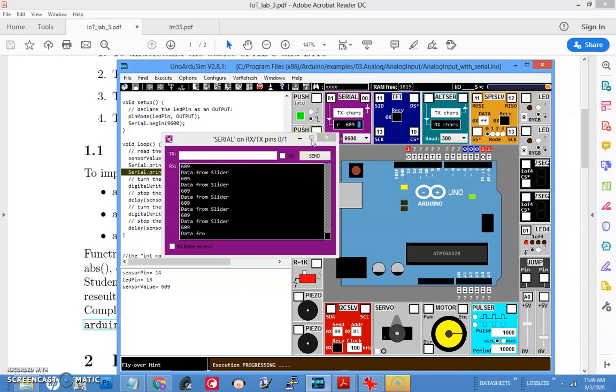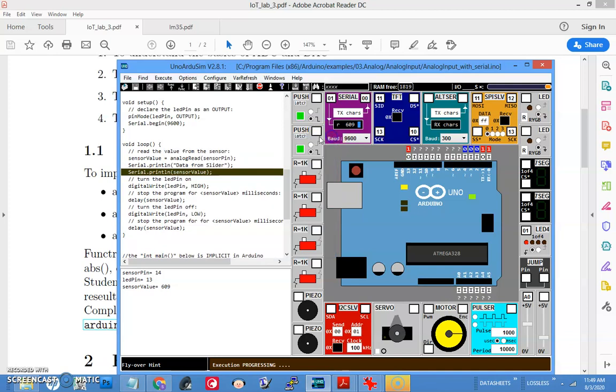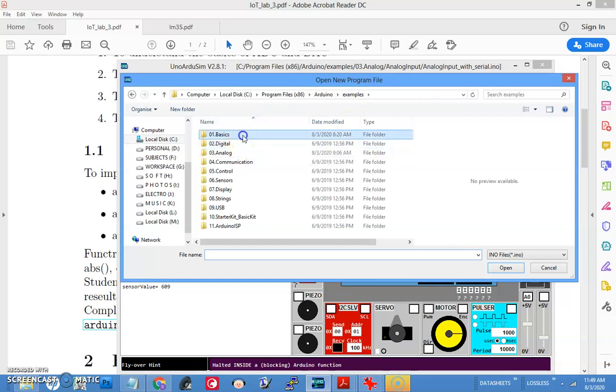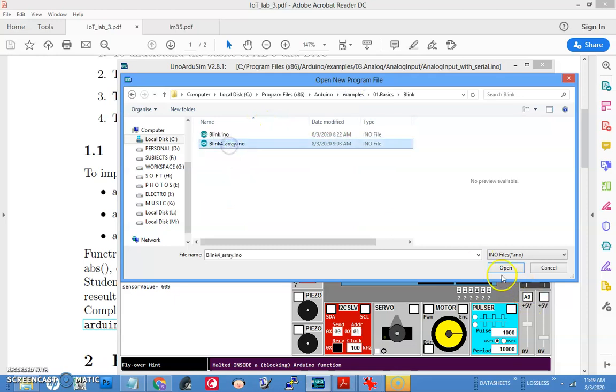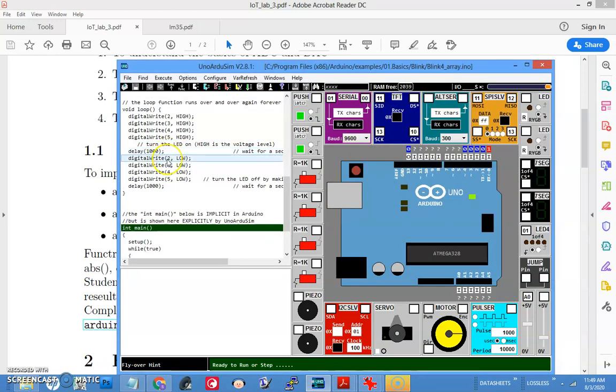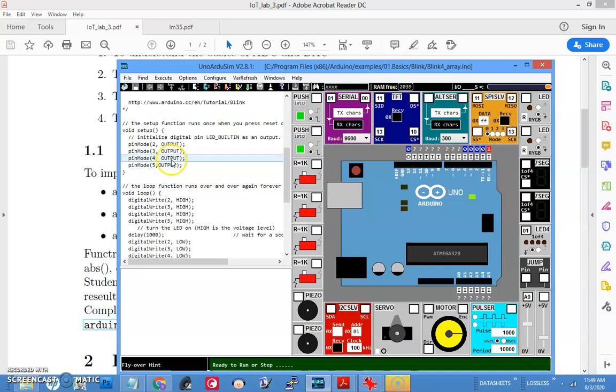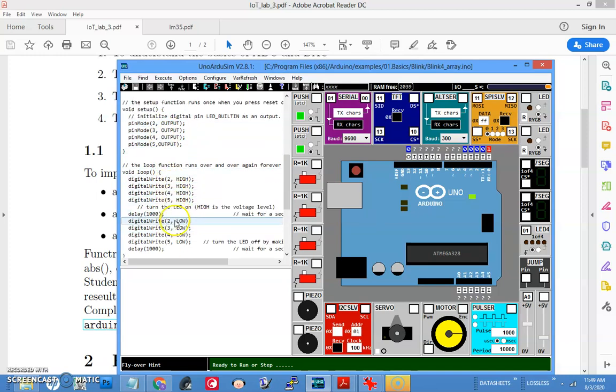Okay, so if you are okay, before I conclude, I will also show the use of the 4 LED array. This is the 4 LED array. I will use a program for that. Here, instead of blinking a single LED, I am using 4 data outputs. I have made pin numbers 2, 3, 4 and 5 as output, and making them high, going for a delay, making them low, again going for a delay, and this gets repeated forever.